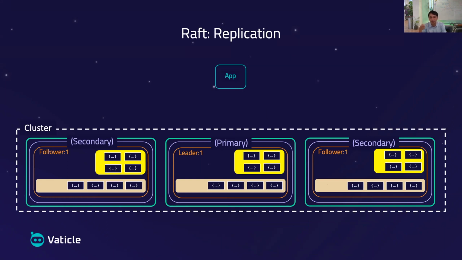The application does more requests. The primary receives more entries, and these entries get replicated. And as soon as an entry gets replicated to the majority, the primary can immediately respond back to the client. And all of this is done in a way that's completely safe, because despite the fact that any of these instances may crash, the data is still guaranteed to not be corrupted. And the transition from one primary to another, should a primary crash, can be done in a safe way.